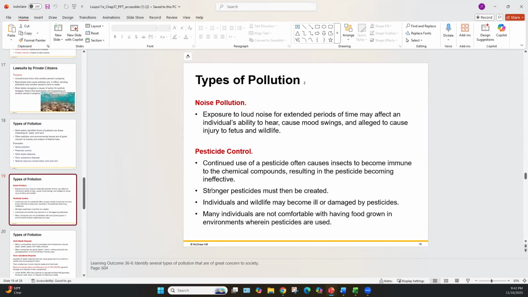Many individuals are not comfortable with having food grown in environments wherein pesticides are used. For example, we like the Ingles brand that's Harvest, an organic brand that's done up in Western North Carolina. No pesticides are used, and a lot of people are driving that change in the way grocery stores operate. They used to buy their chicken from California, fill it full of preservatives, freeze it, send it this way on a truck. We get here 6 weeks later, we're eating it. The market's kind of shrinking. It's getting more and more local, so they don't have to use preservatives, don't have to freeze it, don't have to use pesticides or whatever else, right?